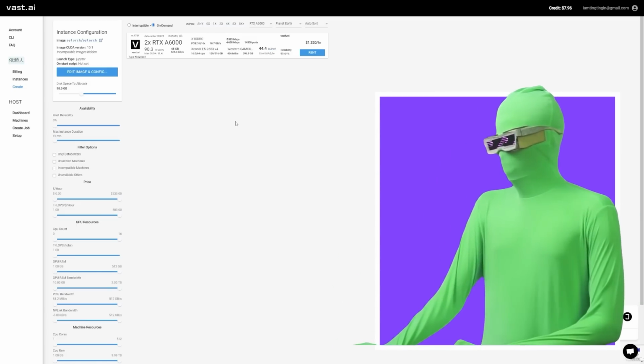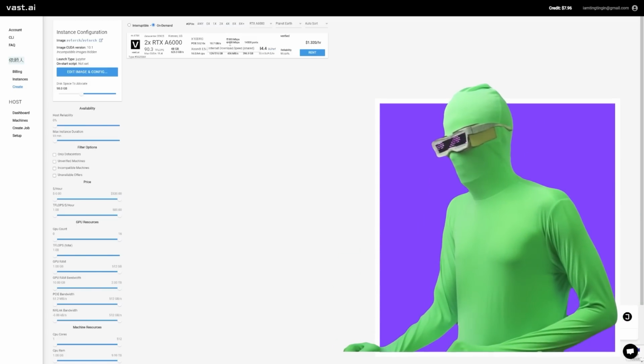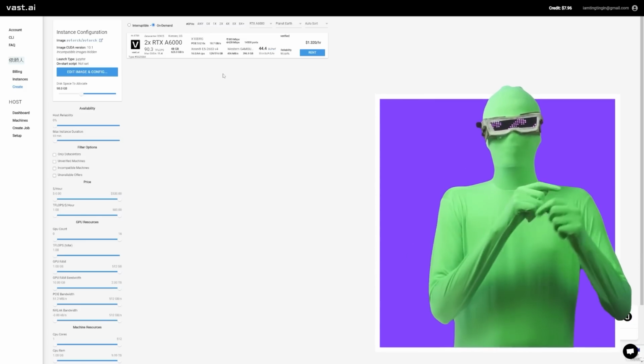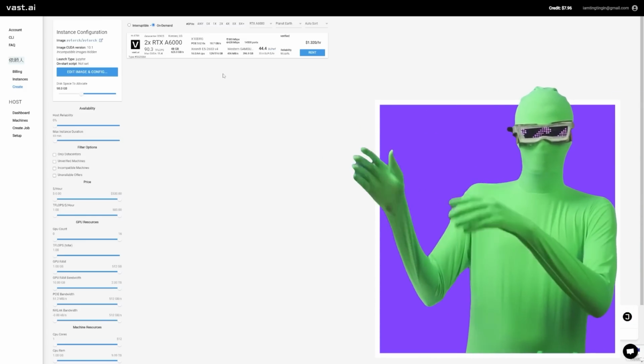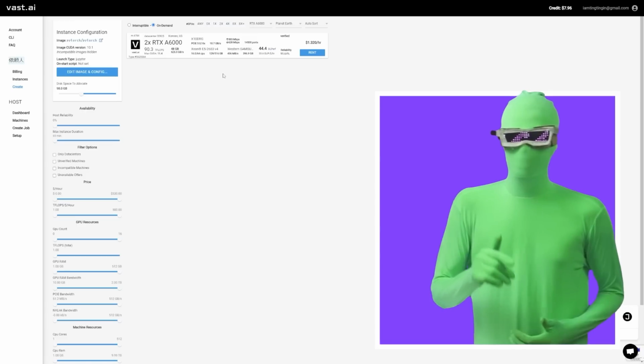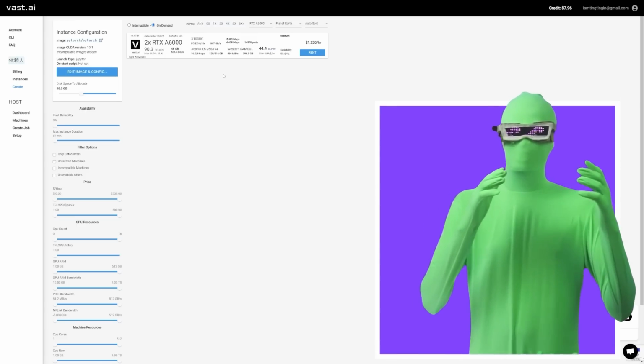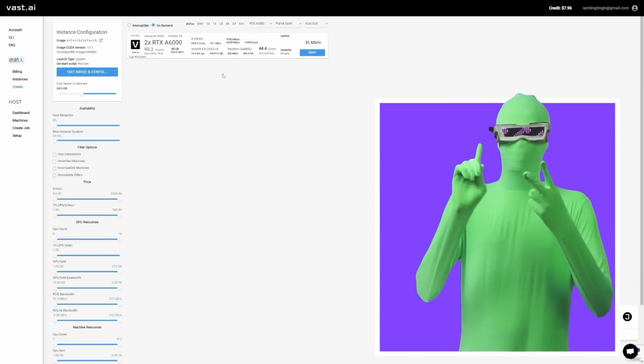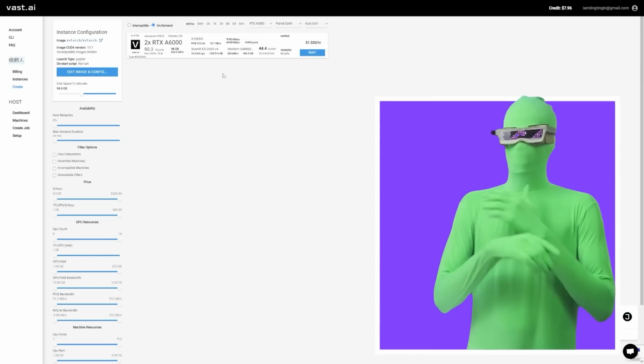So the first things you want to check is the download speed here and the upload speed. You want to make sure both of those are pretty high, because when it comes to the download speed, that's how fast it's going to download the stuff to the server. So you're going to have to download a bunch of stuff to be able to do this. You want to make sure you can download all the files in the requisite amount of time and it doesn't take too long. If it takes too long, then you're spending money downloading files and not actually running your model, and that's not what you want.